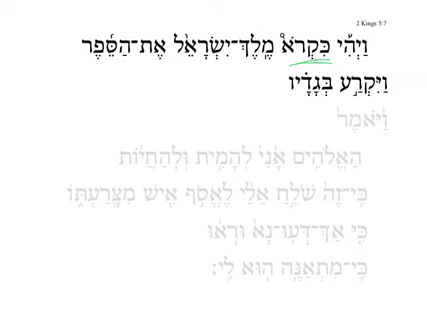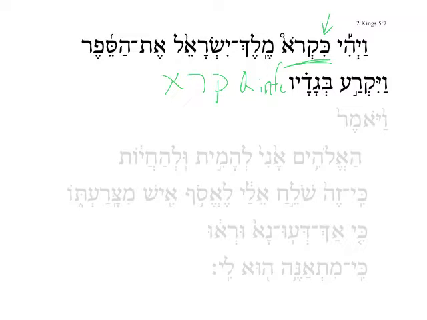Kikro, this comes from Kof Resh Aleph, and this is a kal infinitive construct. And so here we have ka on the front with a temporal sense. And when he had, literally we'd say called out, but this is often used in the Bible for reading. And when he had read aloud the letter, then we have